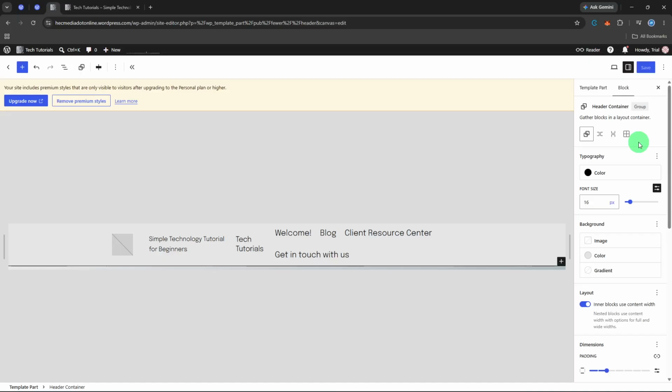Now that the height is set, two more things worth doing. If the theme has a sticky header option, turn it on in the same header settings. The menu stays visible when visitors scroll, and it uses the same template part you just resized. Open the phone view again and set the top and bottom padding to 16 pixels if the header still feels